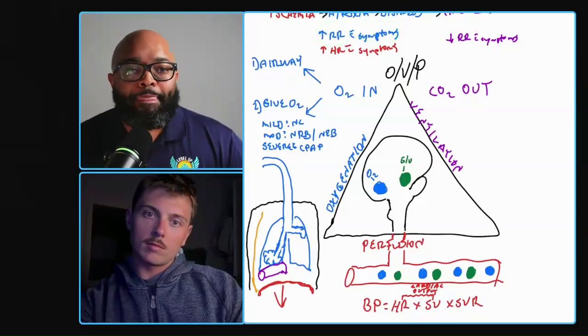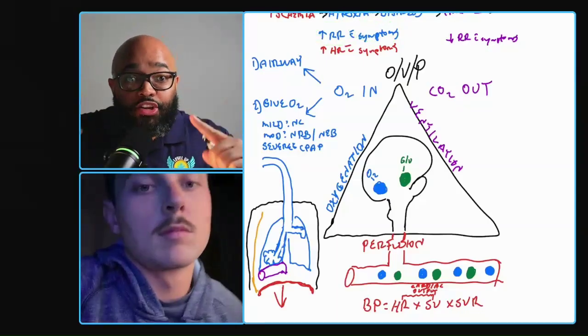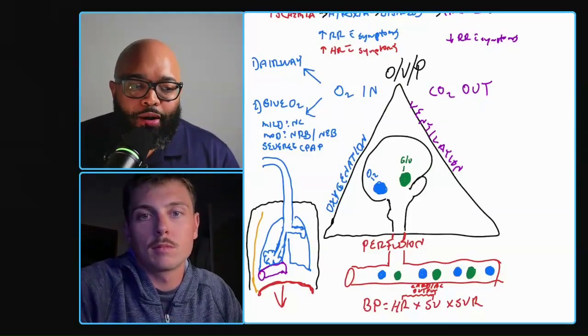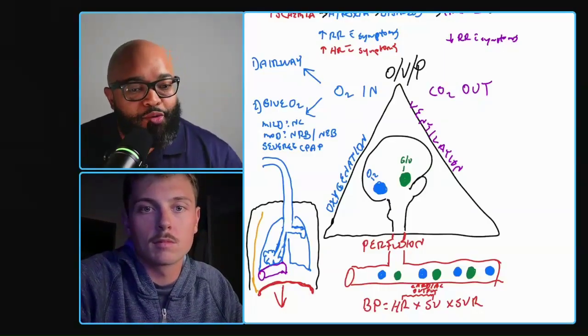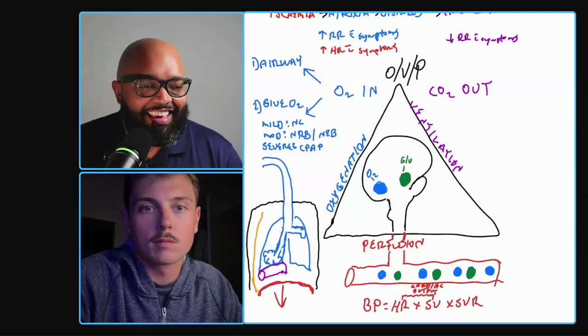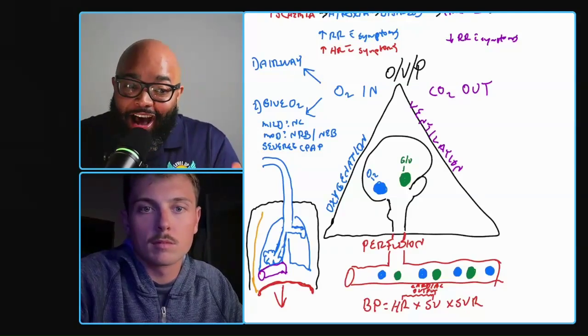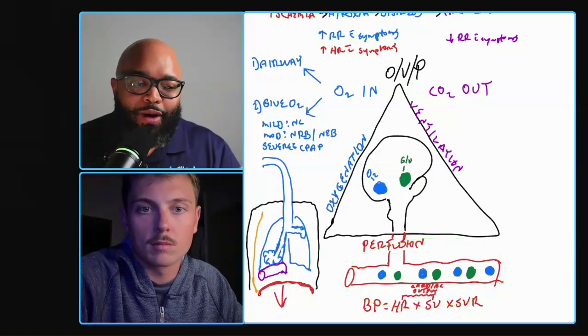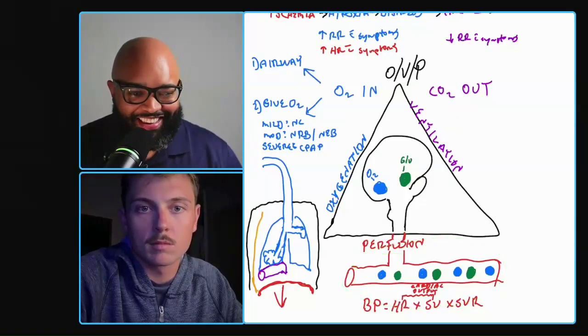Now watch this. As that respiratory rate continues to go up and up, what has to happen for the heart rate to keep up with it, to move more oxygen? If they're not bringing it in and the oxygen has to go through the blood, what has to happen to the heart rate to move more blood? It's got to increase.